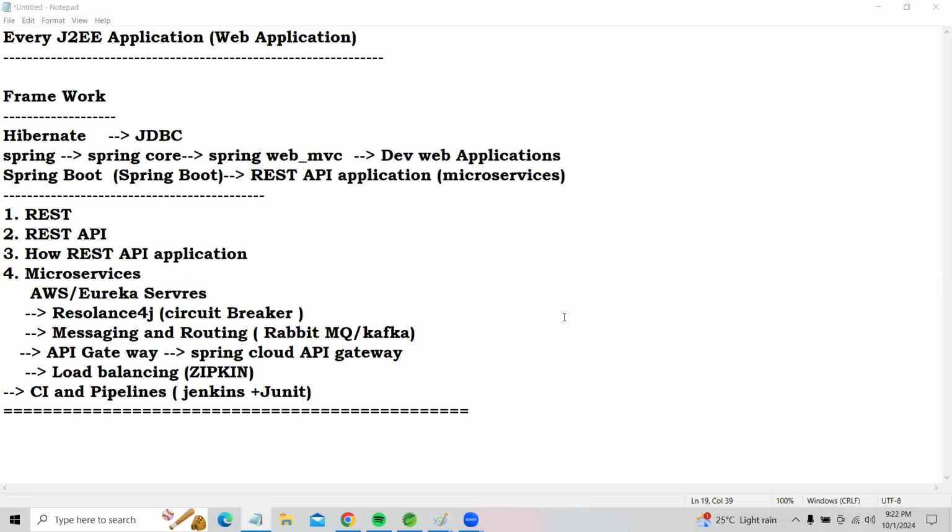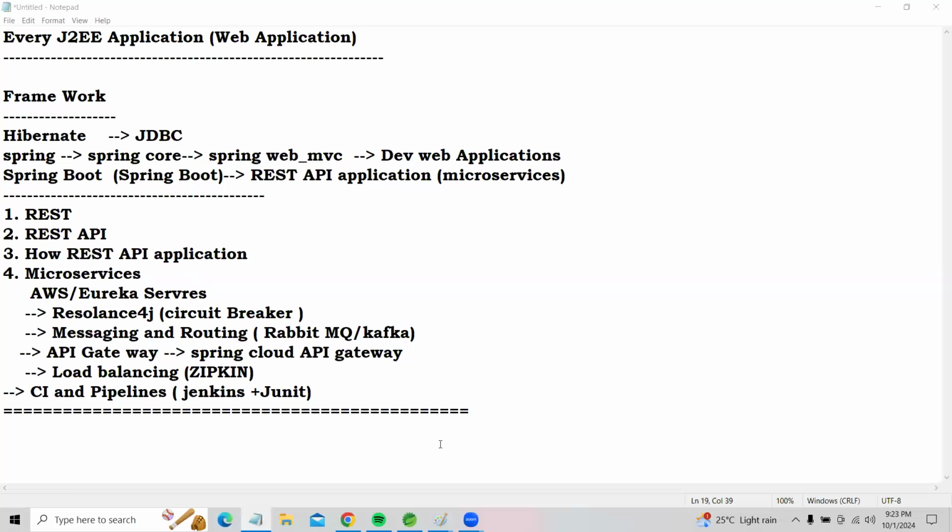Already, before you, this session is going on with 12+ students. They have started their Spring REST API applications. Within 5 days, I'm going to merge you into that session, sir. Without loss of any content, I will explain end to end. There is no doubt in that.